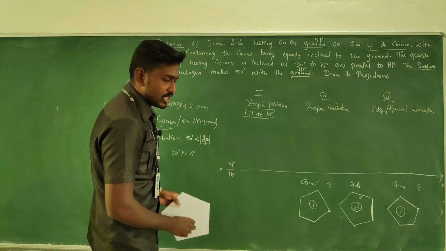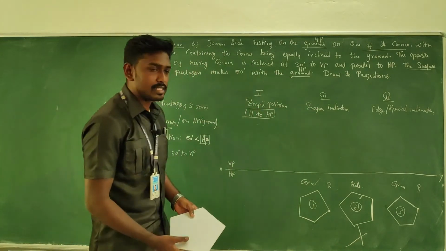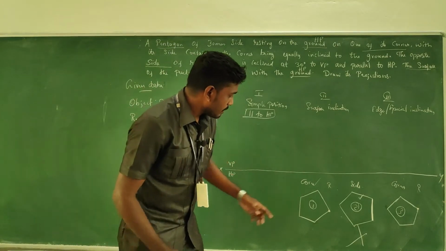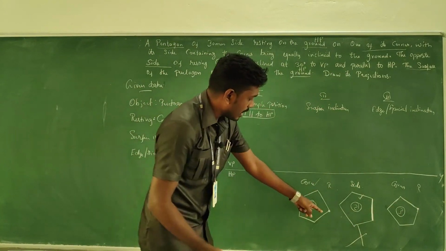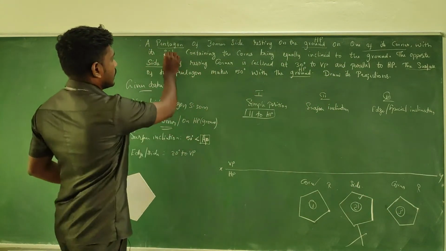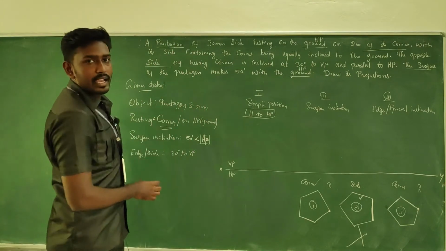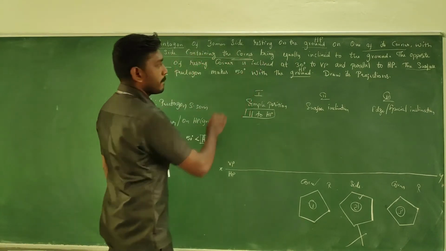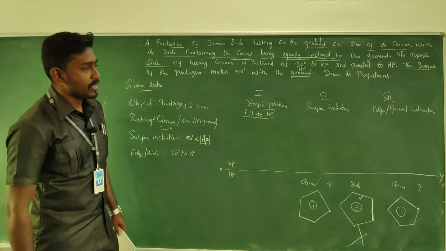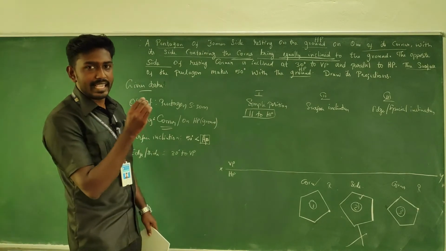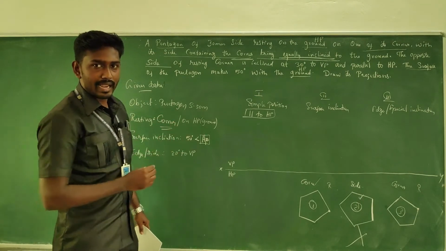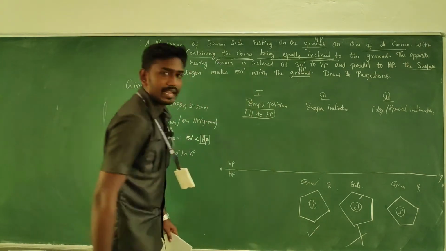Okay. So now clearly we can say this is wrong. The second position is wrong since this side is at rest, at the right side, right? So see, the first and third, we have corners. Look at the question: with each side containing the corner being equally inclined to the ground. If you want to get the equally inclined to the particular sides and the corner, I can say the first one is right.